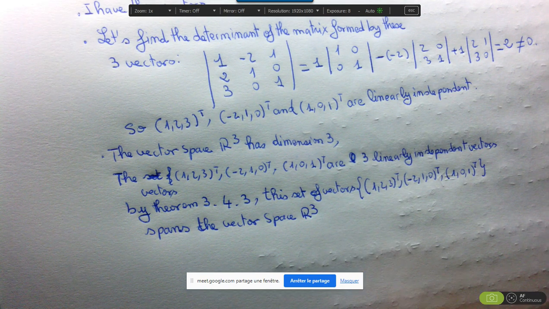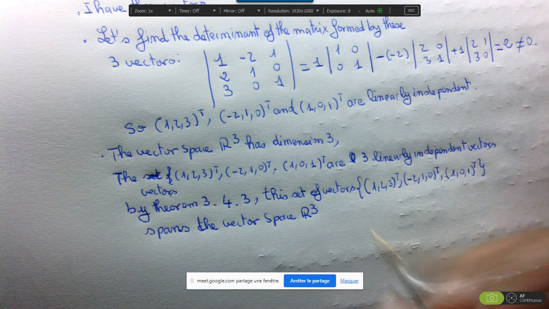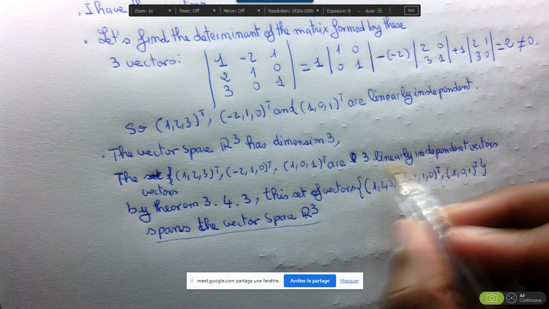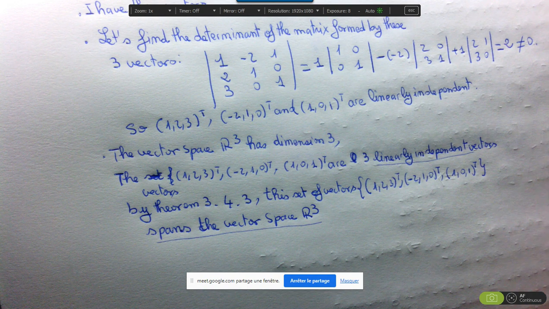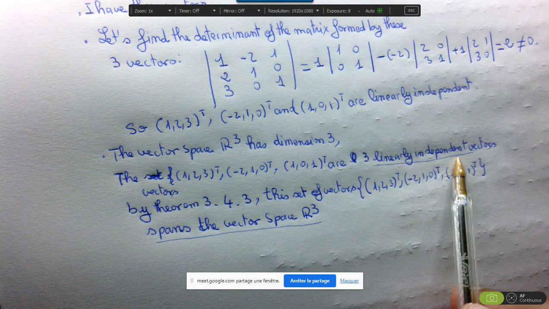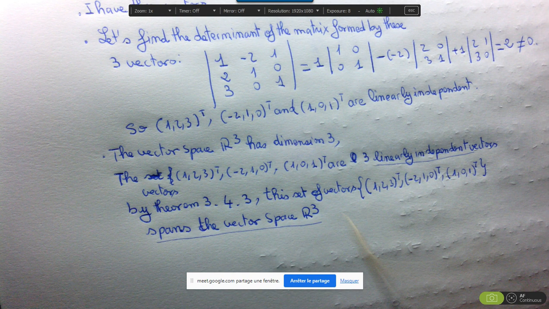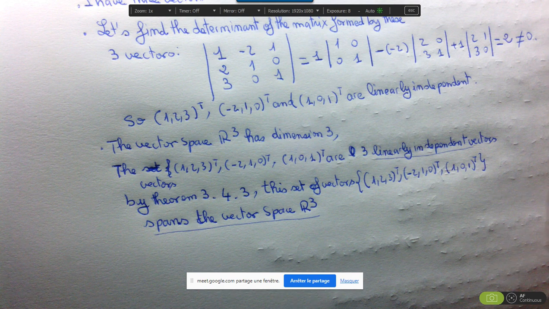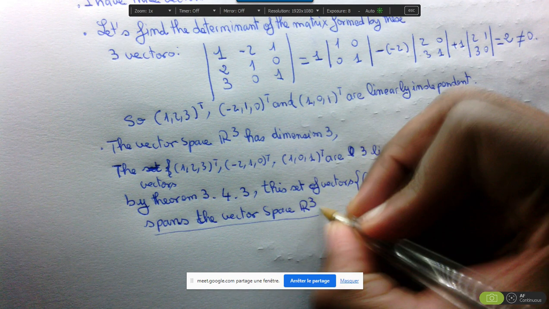And so that implies that because these vectors are linearly independent and they span the entire vector space, as a result of that they're actually forming a basis. Okay, so by theorem this set of vectors spans R3, therefore